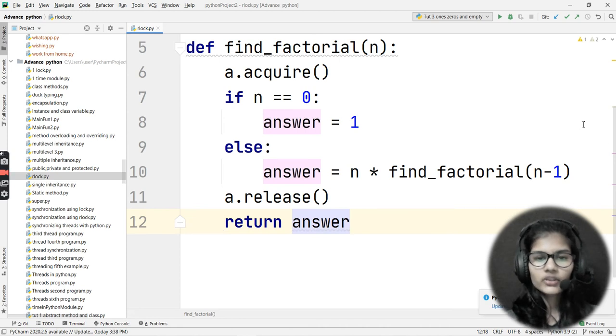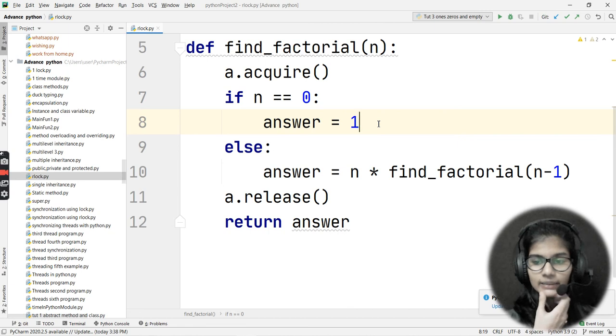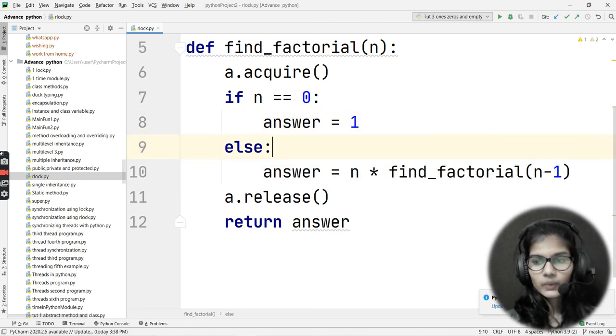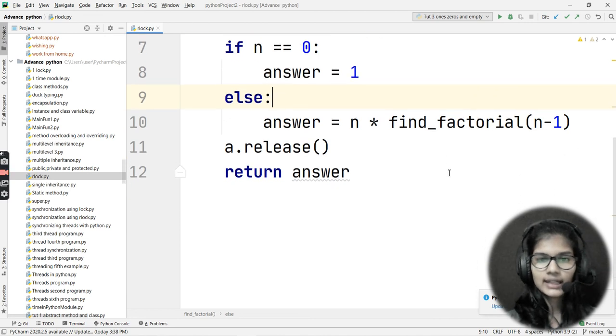Answer is the variable in which I had stored the final answer. If you have taken 0, the answer is 1, and if you have taken any other number, whatever the result is, that would come out here. So return the answer.